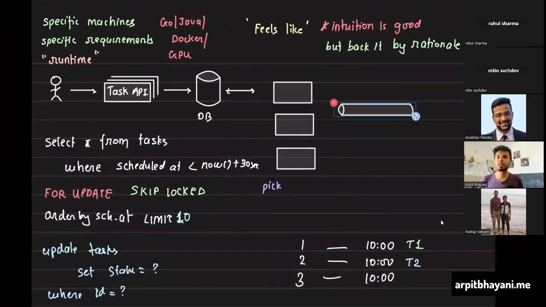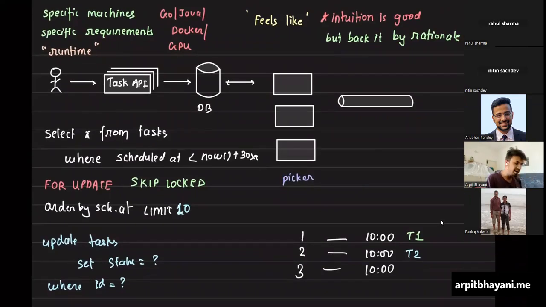So you obviously put them in a queue. The job of the picker, if I may call it, would be to simply pick the task, 10 tasks at a time. This query is continuously being fired. The job of the picker is to keep on firing this query literally in an infinite loop. And it would keep picking the task and keep putting them in this queue for other machines to pick up and execute.